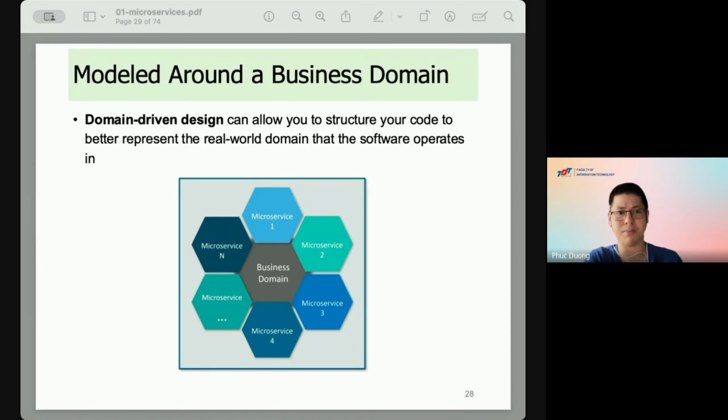So for example, if you want to develop a software for a construction company, you need to understand all the terminology and the business flow of a construction. For example, you need to understand how to manage workers, how to manage a blueprint to build a house, build a plant, and you need to understand all the equipment and the components related to a project.